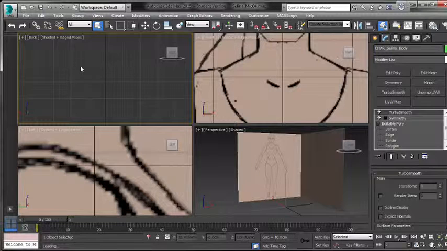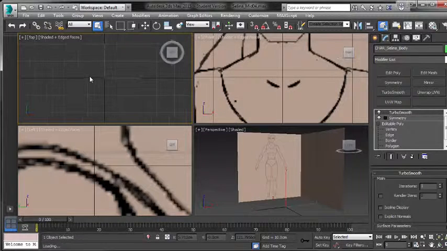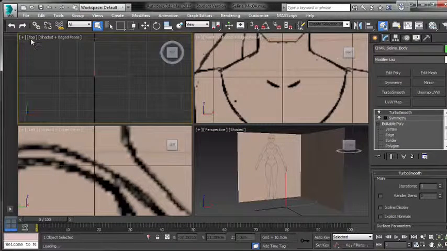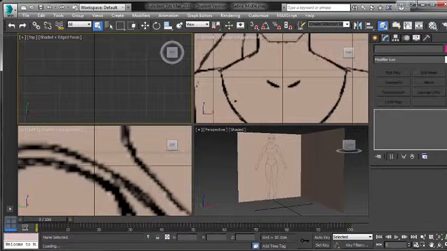And then I'll go into the top viewport, this one here where it's actually back at the moment, and I'll just make this the top. So I'll just hit T on the keyboard, or you can go to where the viewport name is and click on that and then select whichever one you want. You can see the shortcut for each of the viewports here at the side, so you just hit either one of those will take you to the viewport that you want,